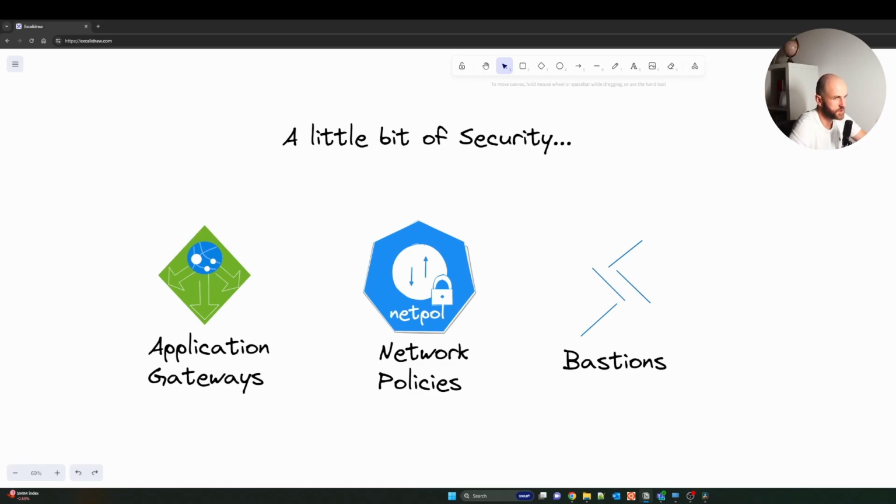And finally, Bastion host. Of course, you don't want to expose remote connectivity to your AKS nodes, and for that, you can create a Bastion host or a jump box in a management virtual network, and use the Bastion host to securely route traffic into your AKS cluster for remote management tasks.